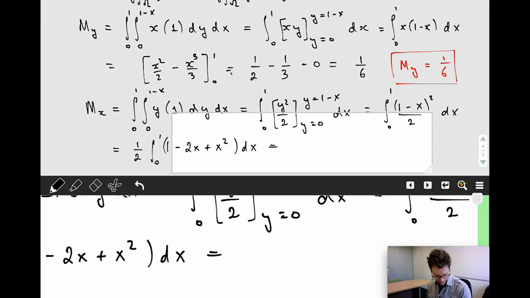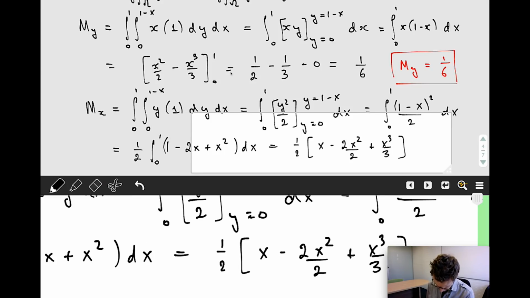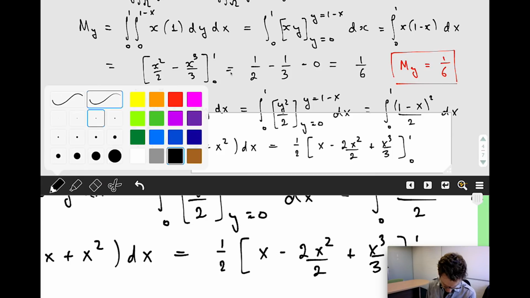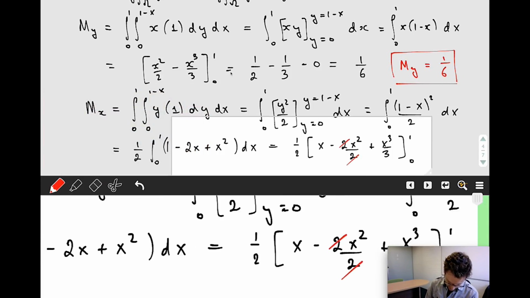Carrying out the x integral then is going to give me 1/2 times x minus 2x squared over 2 plus x cubed over 3. Get some cancellation. 2 and 2 go out. Putting in those limits,